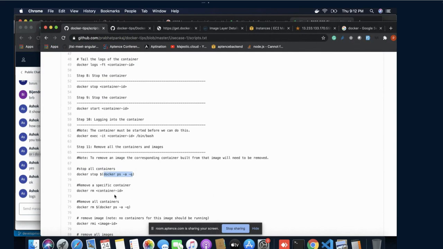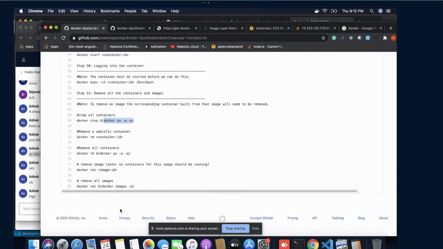After that, if you want to remove all the Docker images, you may have to run this one. If you want to remove all the Docker containers, run this one. If you want to stop all the Docker containers, run this one. This way, one by one, you can perform these activities by yourself.